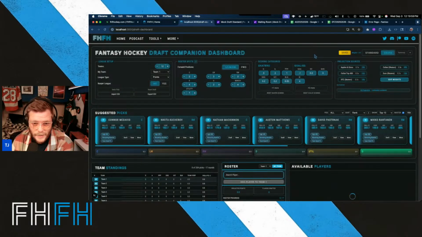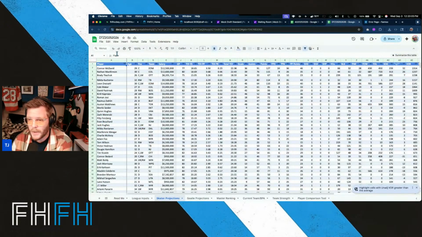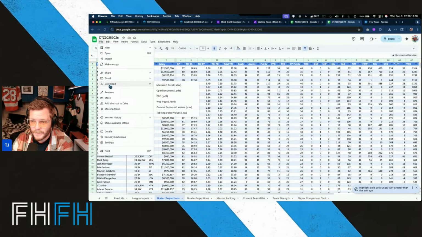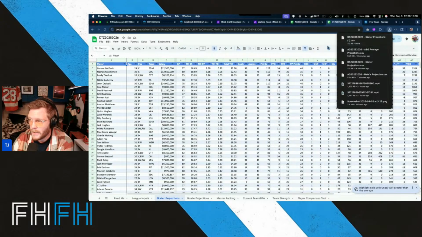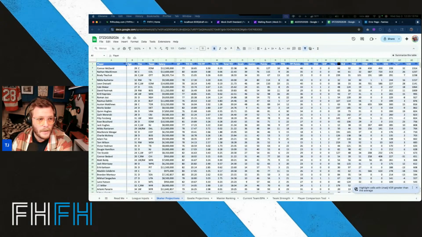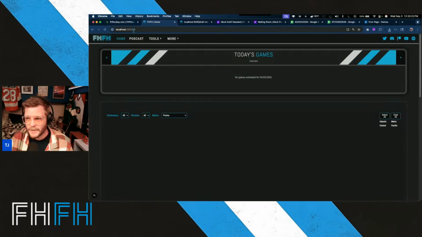So let's get into what you need to do to import your own. So what I did is here in the DTZ one, go to the skater projections. You're going to have to do the same thing for the goalie projections as well. File, download, CSV. And then it uploads to here. And then you can open your downloads folder. And what I'm going to do just to test out